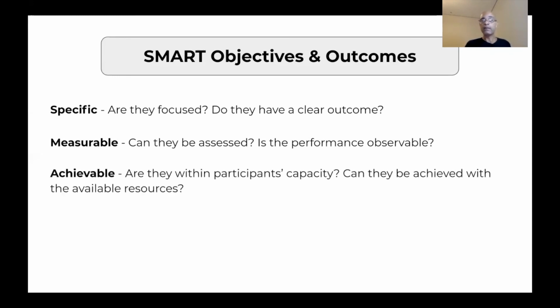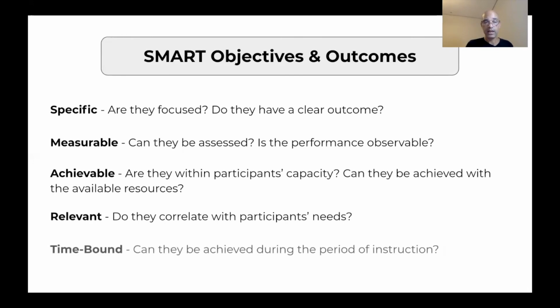Achievable, can my students do this? Is it within participants' capacity? Can the objectives or the outcomes be achieved with the available resources that the students have? Right? Maybe I'm not giving them the resources they need, that I'm asking for a performance, which is unfair. So I need to make sure that they have the resources needed. Do the objectives or outcomes correlate with participants' needs? And can they be achieved during the time of instruction and during the time I provide for production, which will